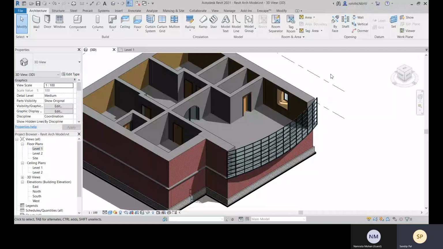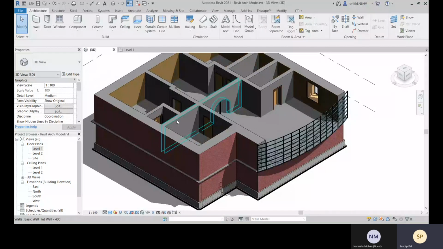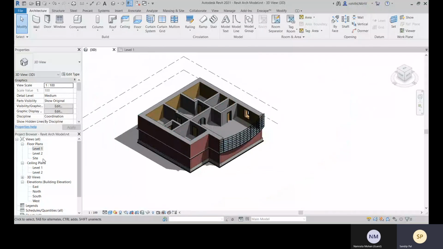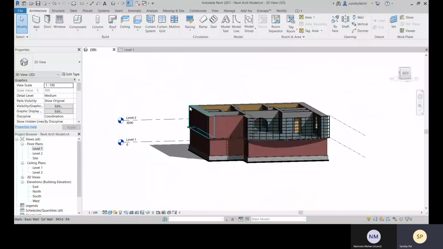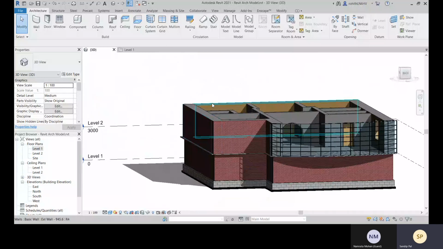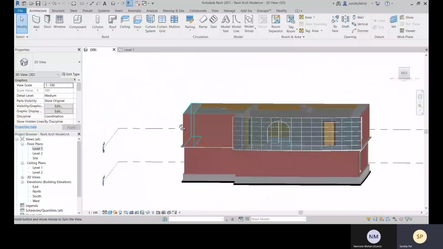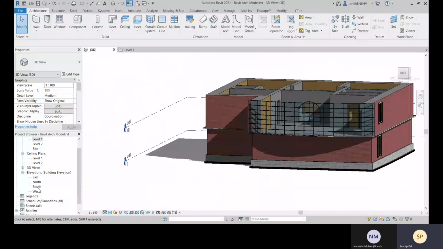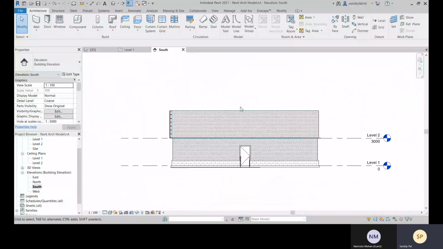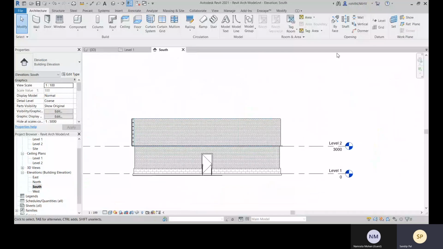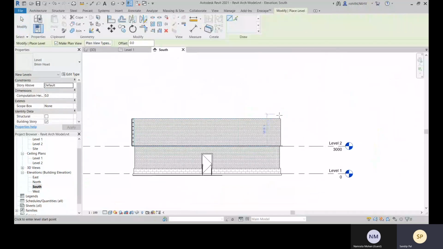In this class, we will learn about a roof and how we can create one. For that, you go to level 2, and you know how much distance there is. So for this one, you can create one level. Come to one elevation, and for this you can create one level. LL is the shortcut, and you know this.